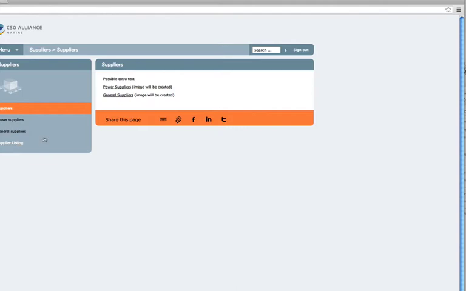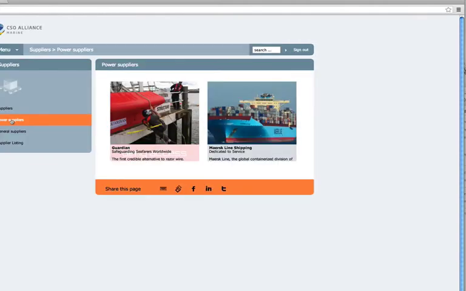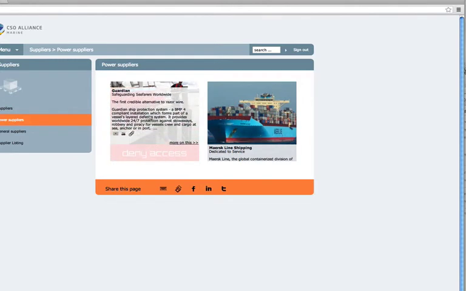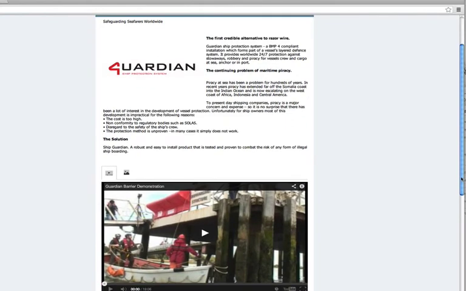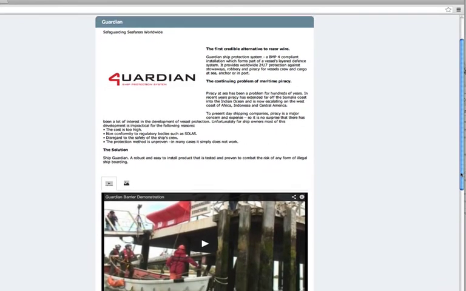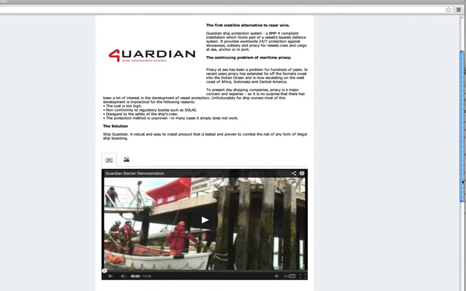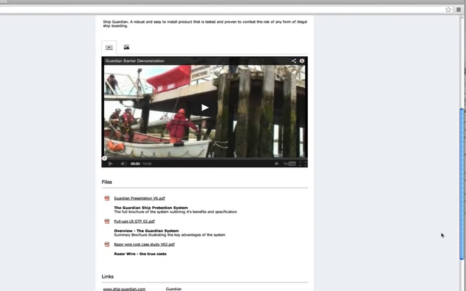The purpose of this particular section is again to give you, the CSO, a lot of useful information around products and services that you can find and acquire from around the globe. As an example, if we click on Power Supplier, here is a company called Guardian. Click on the article, and it then takes you to a much deeper level of information in terms of text explanation about its product, an embedded video actually demonstrating its product,